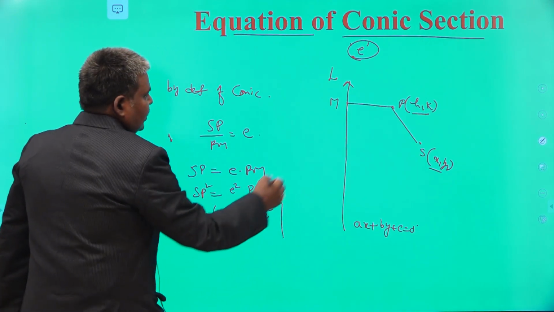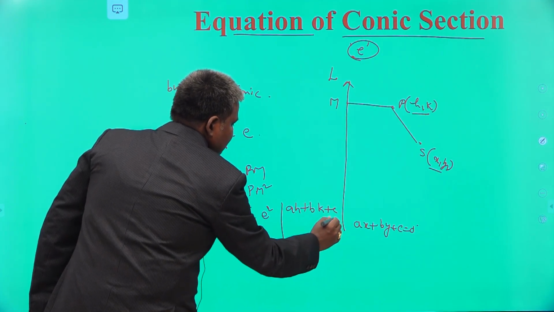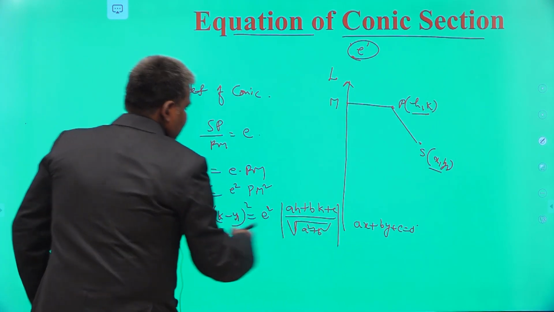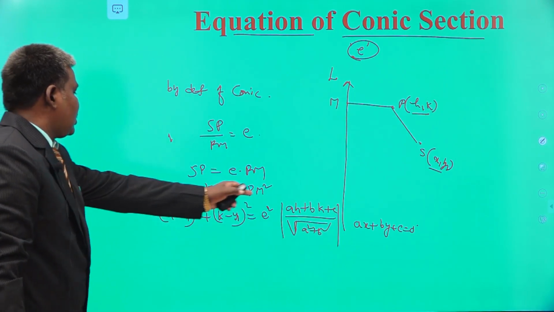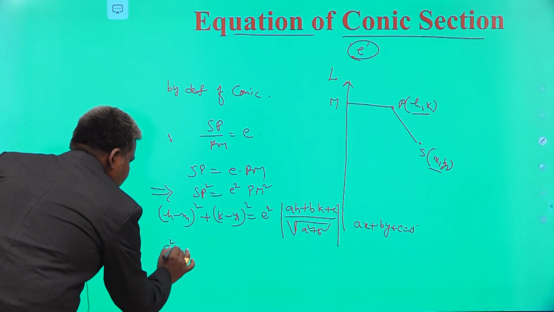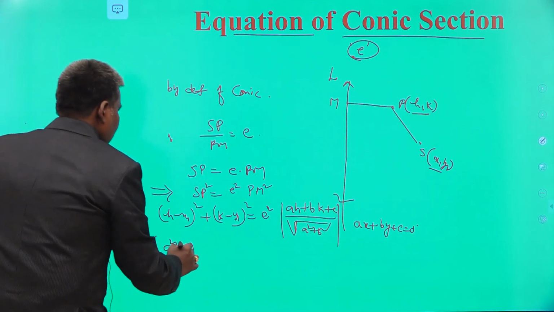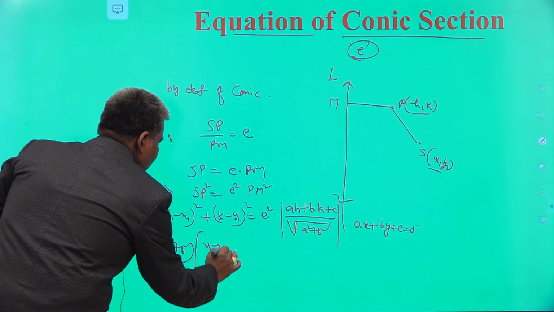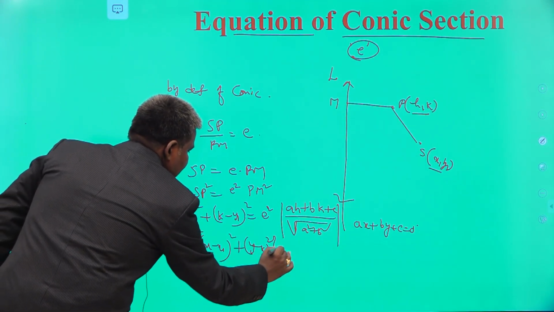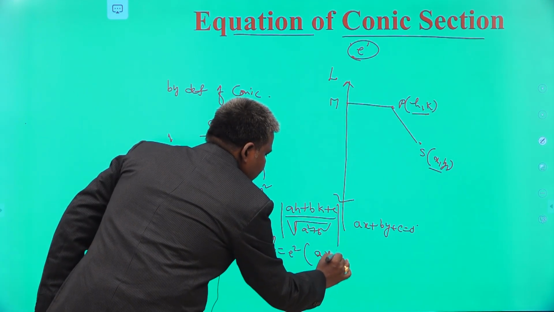What is that now? (ah plus bk plus c) by root of (a square plus b square). Just by squaring, cross multiplying and writing the locus of (h, k), we obtain (a square plus b square) into (x minus x1) whole square plus (y minus y1) whole square is equal to E square into (ax plus by plus c)